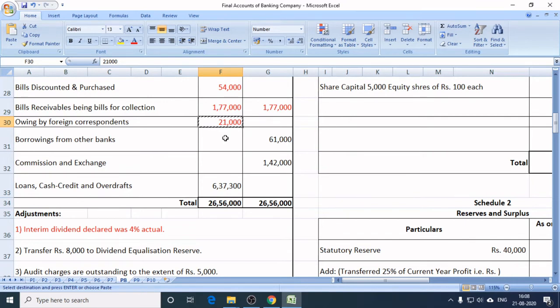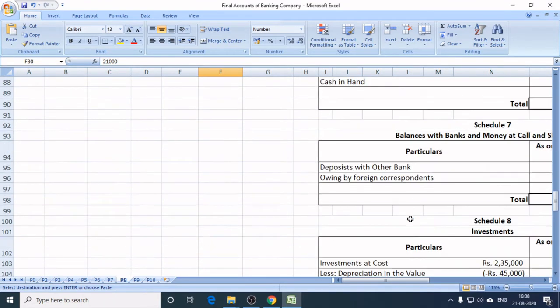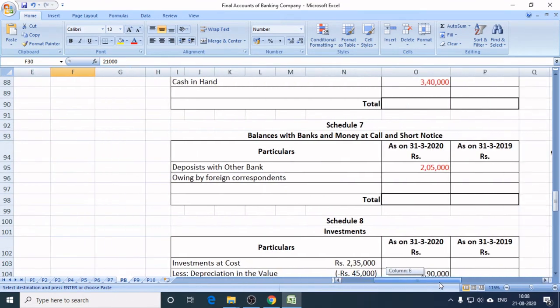एक्चुअली बैंक ये अकाउंट ऑपरेट करती है टू फैसिलिटेट इंटर क्रॉस बॉर्डर ट्रांजैक्शन। जो भी कंट्री टू कंट्री ट्रांजैक्शंस होते हैं ना, उन ट्रांजैक्शंस को सपोर्ट करने के लिए बैंक्स क्या करती है, दूसरे देश के बैंक्स में ये फॉरेन करेस्पॉन्डेंट्स अकाउंट नाम का एक अकाउंट ओपन करती है। तो ये वो चीज़ है और इट विल गो अंडर शेड्यूल नंबर 7, दैट इज बैलेंसेस विद बैंक्स एंड मनी एट कॉल इन शॉर्ट नोटिस।